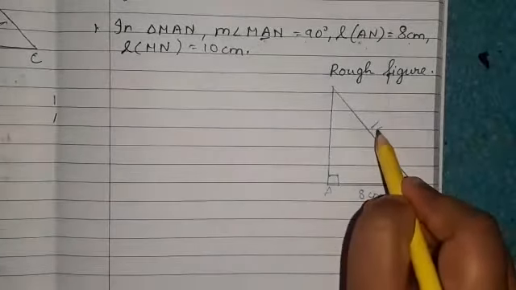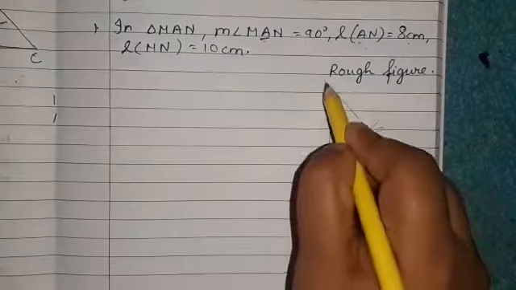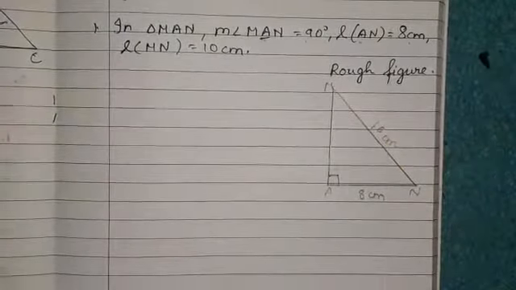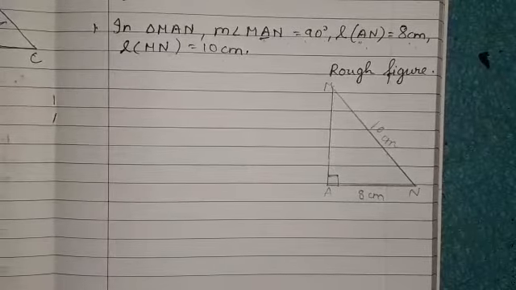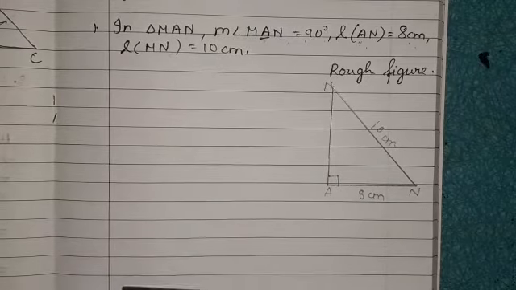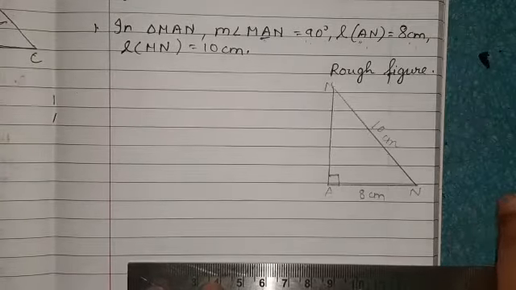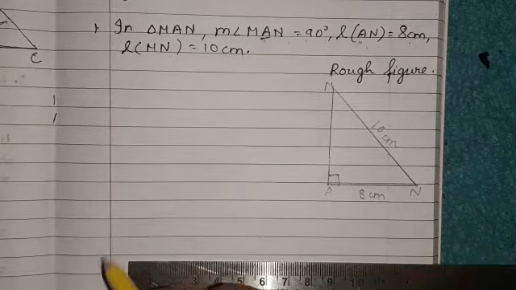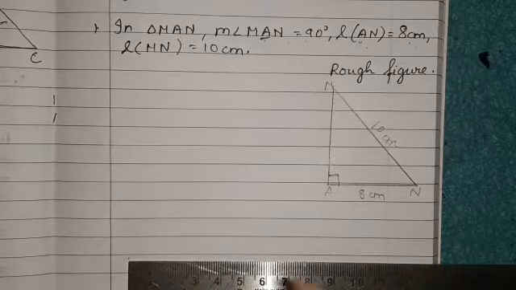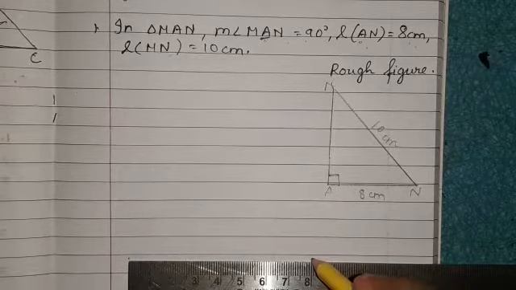Then this we are going to represent as 10 centimeter MN. So did you get an idea how our construction will be? Yes. So now see, first we will draw a side of length 8 centimeter. So here I will keep my scale properly and I will show 8 centimeter. This is 0 and here we have 8.